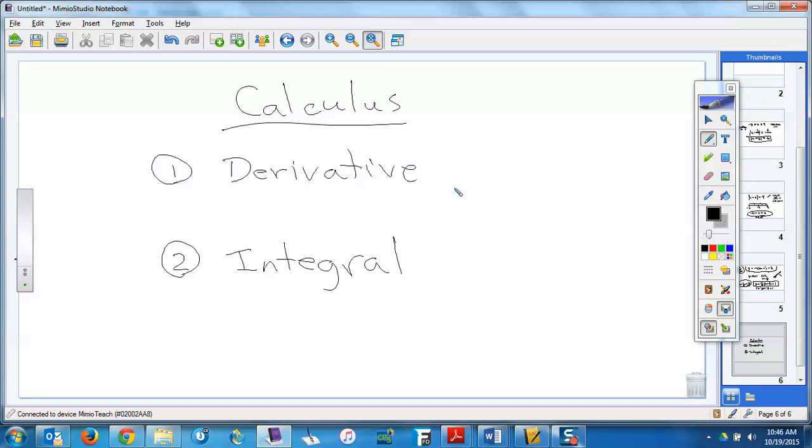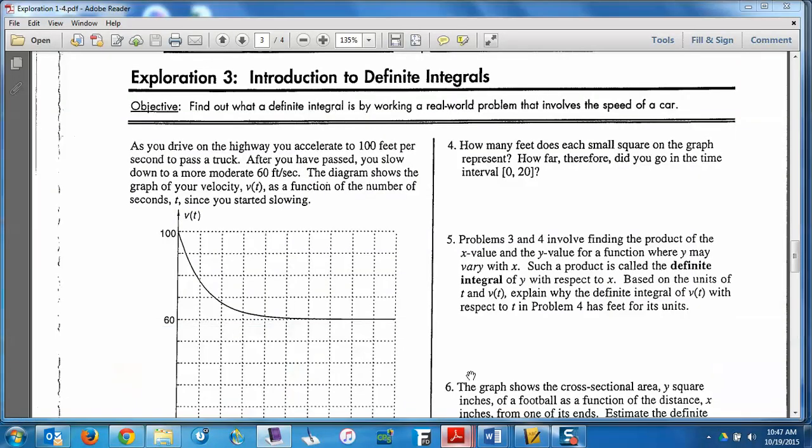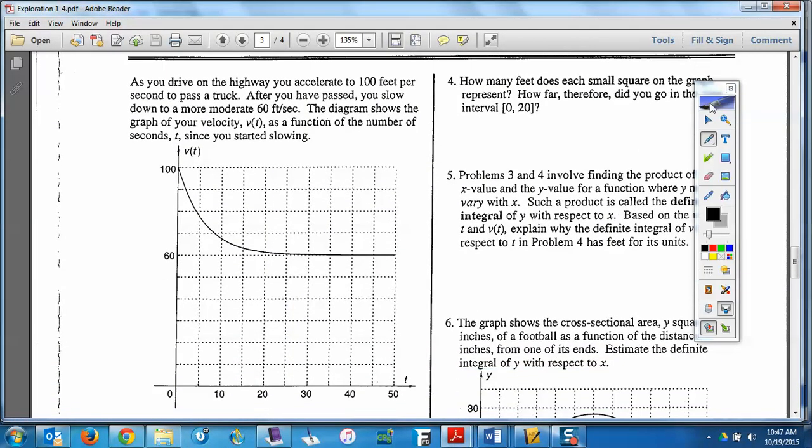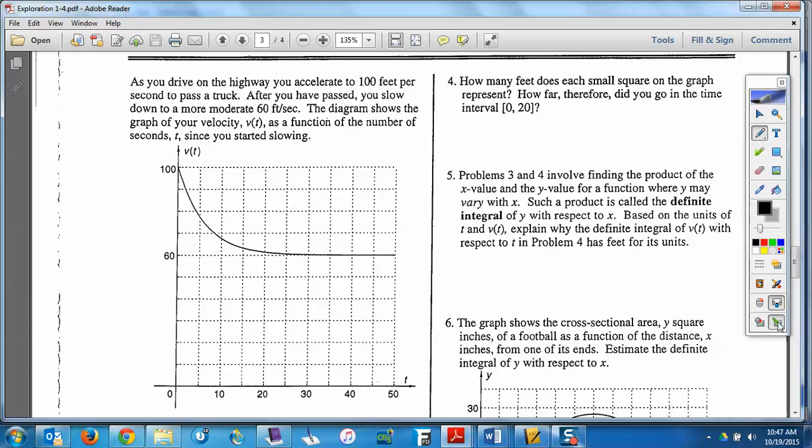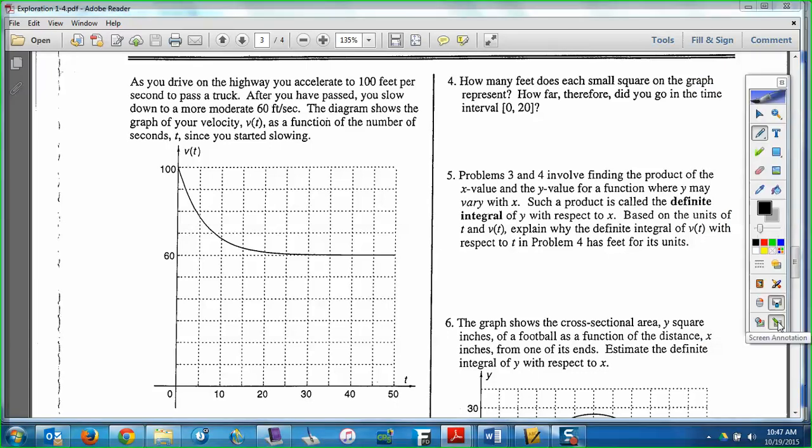And we're going to spend the second half, actually, we spend less time in the second half because there's a connection between these, and so all the stuff we've learned about derivative really carries over into the integral, so we can go a lot faster, which is great because that leaves us time to review for the AP test and for our final towards the end of the year. But the second big thing we talk about is something called the integral. The integral. Okay, and what we're going to do today is go through this exploration. We're going to just kind of do it together. And we're going to go through this exploration and see what this thing called the integral is all about.